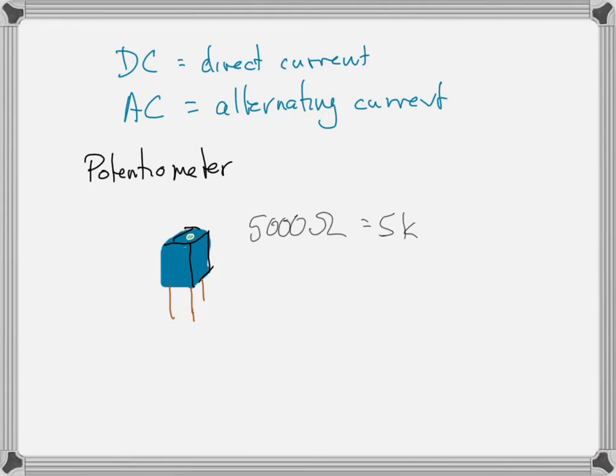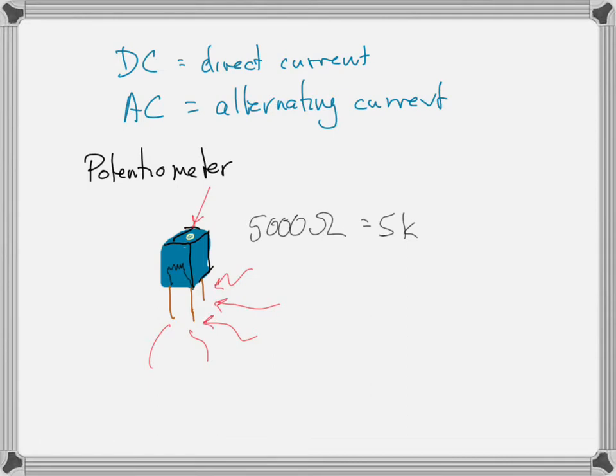So let me try to draw on this picture. We've got a resistance on these two outside legs inside the little blue box of 5,000 ohms, and that's not going to change. But the third leg will have a variable resistance when we turn the little screw on top, that little yellow screw. So you're going to find a little screwdriver that you can stick in that screw and turn it. And if you measure the resistance with your multimeter between these two legs, it's always going to be 5,000 ohms. But if you measure the resistance between these two legs, it's going to be somewhere between 0 and